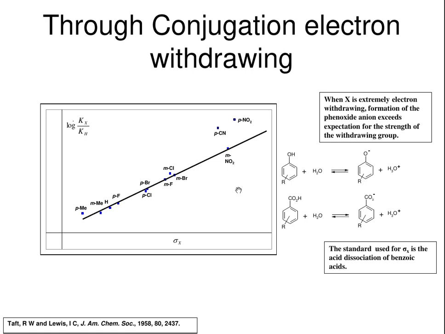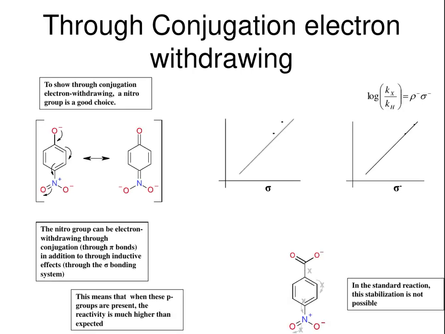So the question we have here is, why on earth would the phenol be far more acidic for the para-cyano and para-nitro substituted phenols than expected as compared with our reference reaction? And it's fairly straightforward. So a nice example to look at is the para-nitro group, and when we draw the para-nitro group, please always with N+ O-, you find that the phenoxide anion